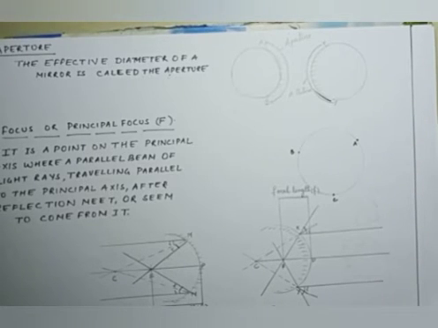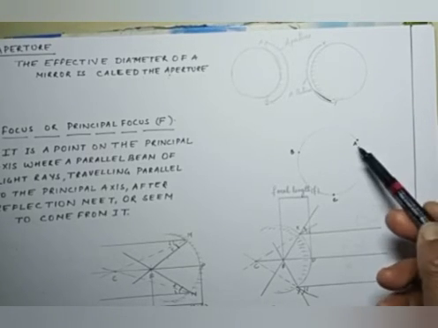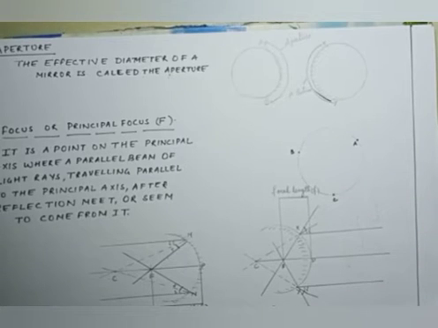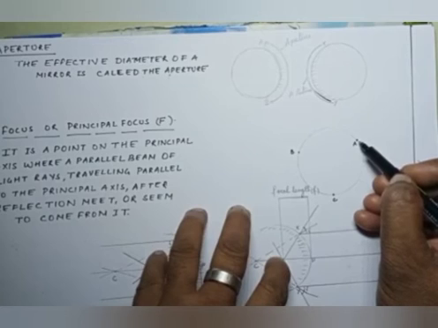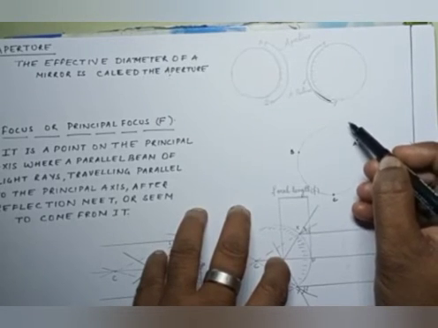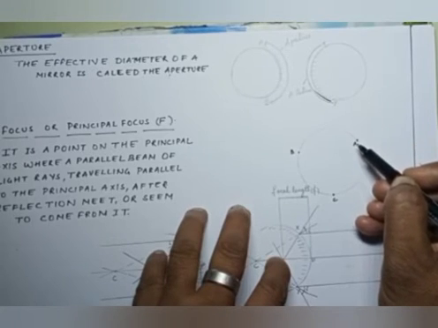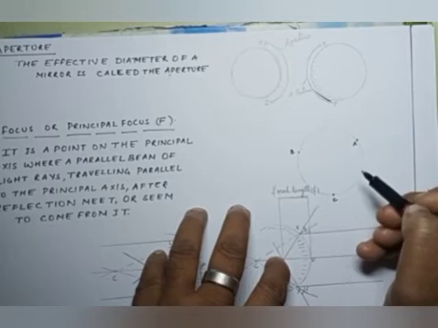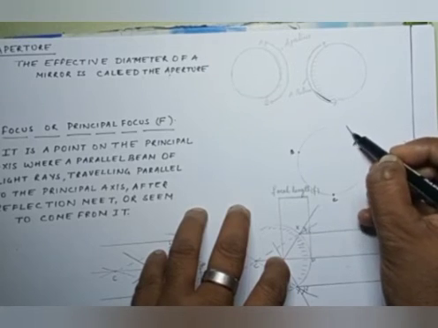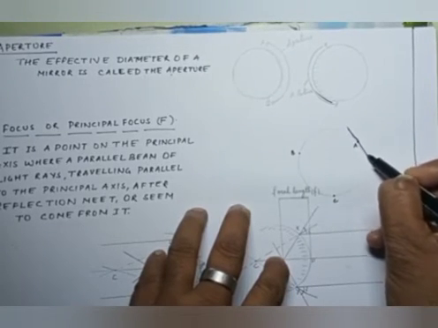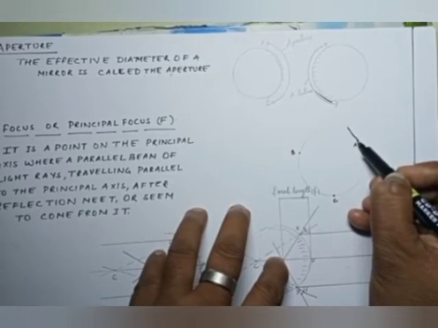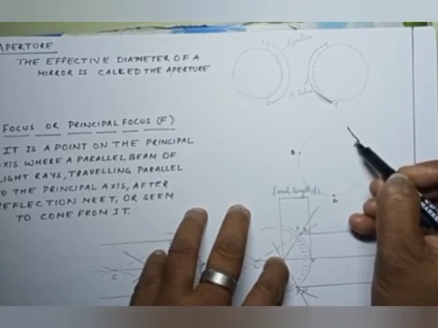Now if I have to draw a normal from points A, B and C, first of all I have to draw a tangent. What is a tangent? If any line touches the boundary of a circle only once, that is called a tangent. Suppose I am drawing a line like this, it touches a single point of a circle.